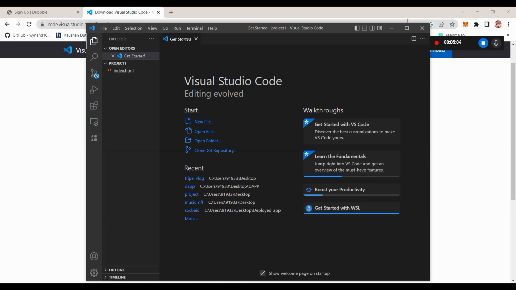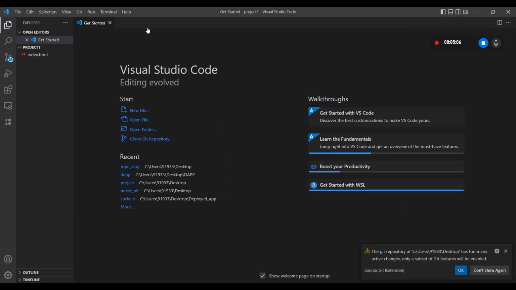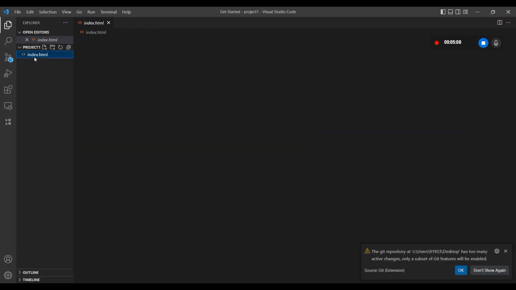Okay, now it will be looking like this. Fine. So the index.html file is being opened. Now my work is to start with code. Okay, so for that, first,